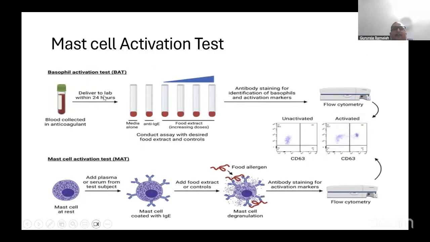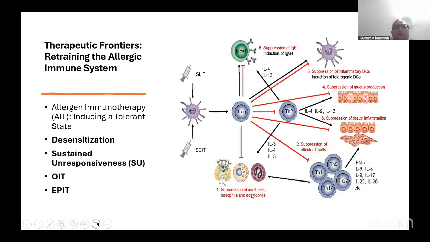We can see this similarly in the mast cell activation test. This is the flow cytometry diagram, with unactivated and activated cells, and you can see the CD63 on the right hand side. So coming to therapeutic frontiers,